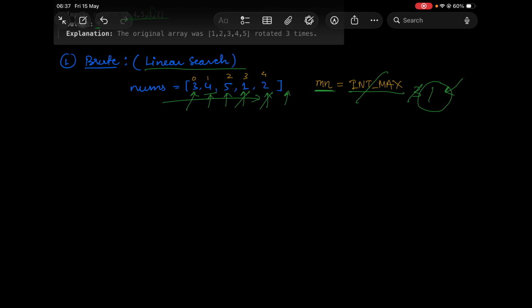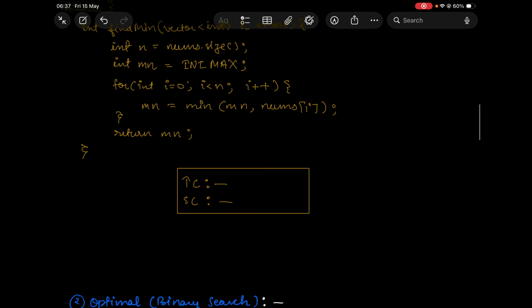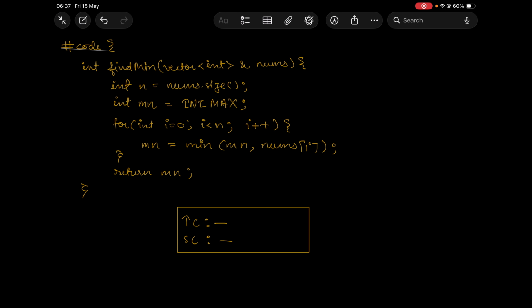And if you see the code for this, here we did the same thing. We initialize n as nums dot size, and the minimum value we have taken as int max. We are iterating over the array and calculating the minimum value, which is minimum of minimum comma nums of i, and at the end we are returning the minimum. So this is just the minimum finding that we did, and the time complexity for this is O of n since we are iterating over the array, and space complexity is O of 1 since we are not using anything